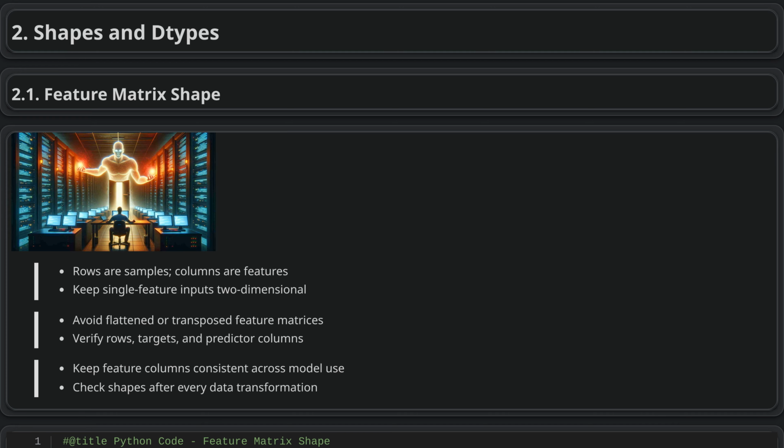Shapes and dtypes. Feature matrix shape. In Scikit-Learn, the feature matrix must be two-dimensional, with each row representing a sample and each column representing a feature. This structure tells the estimator which values are observations and which are variables. Even when there is only one feature, the data should still be shaped as a two-dimensional matrix, so the model